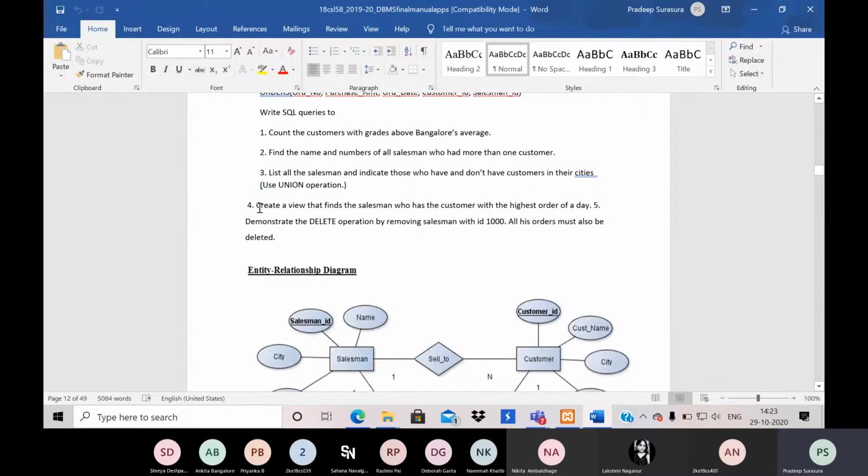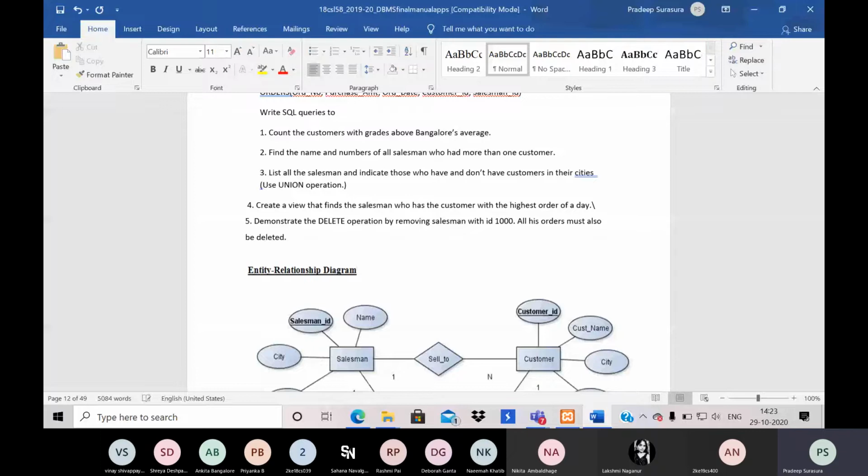And the last query is to find the highest order of a particular day. Then subsequently we need to remove one ID with a specific ID. When we were creating, we used the operation on delete cascade. So once we delete the primary key, the foreign key automatically deletes.